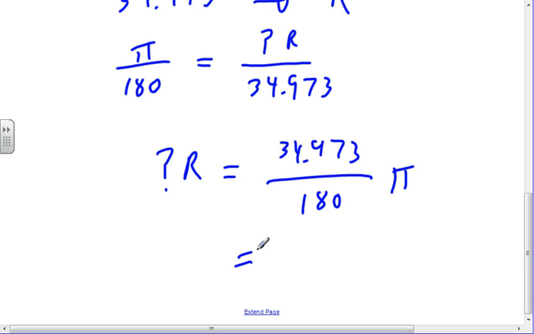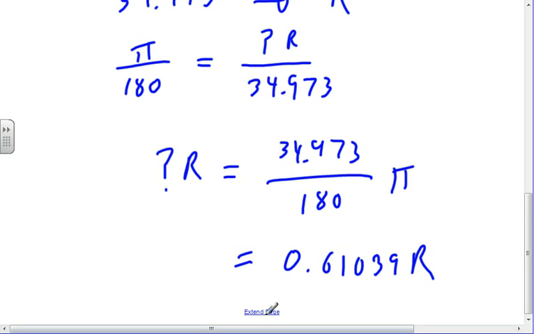Zero point, say I got 5 significant digits: 0.61039. 39 radians. Isn't that lovely? Now, when we get to chapter